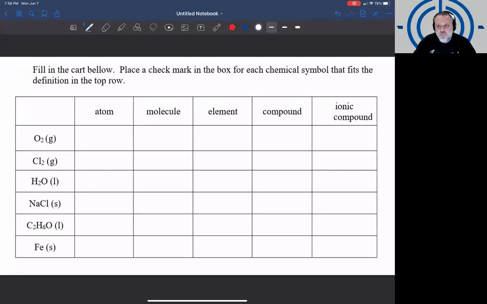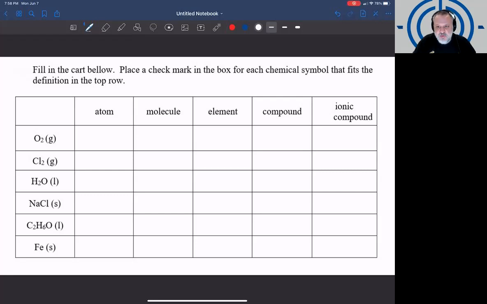Hey guys, here's Gen Chem 1, Chapter 1, Problem number 3. This chart is asking you to put a check mark in the box for each symbol. And they want to know if the symbol fits the definition, and the definitions are atom, molecule, element, compound, and ionic compound. So remember that ionic compounds and compounds are really the same, except for ionic compound specifically means that